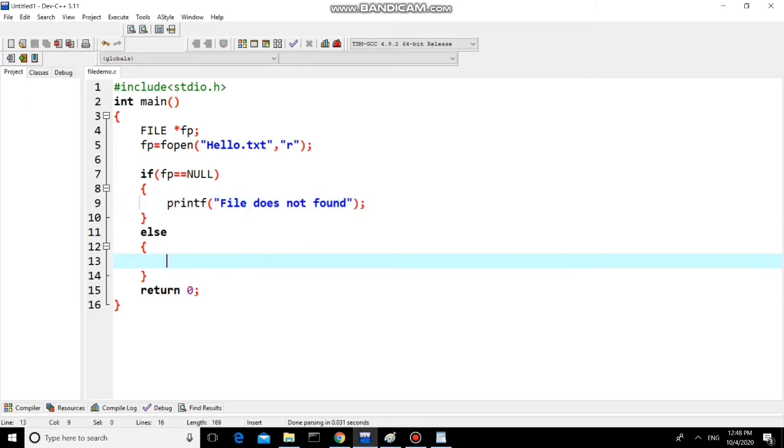Okay, now I want to read the content from the file. The file is open, your fp is pointing to hello.txt. So see, this will be the scenario.